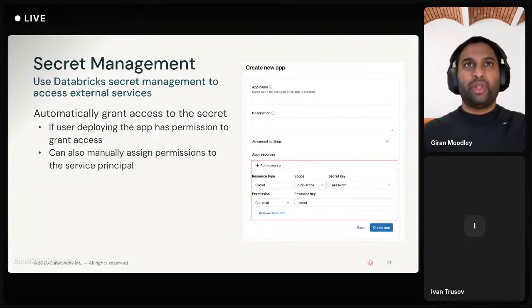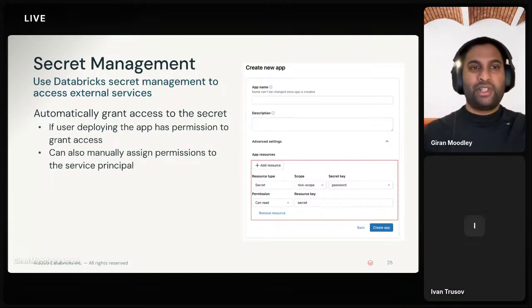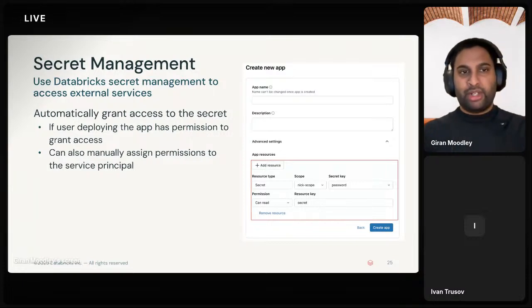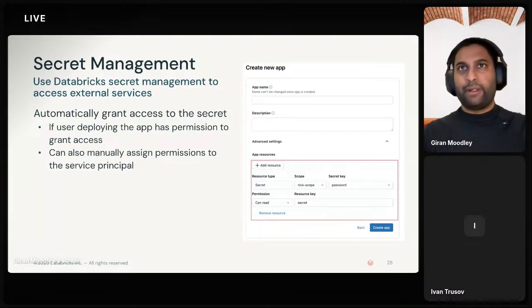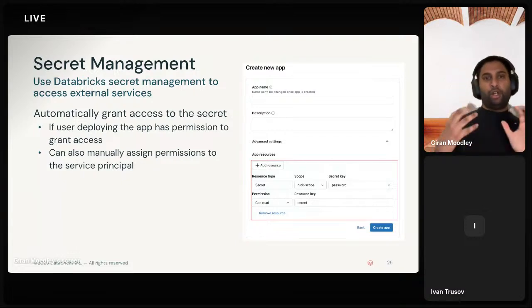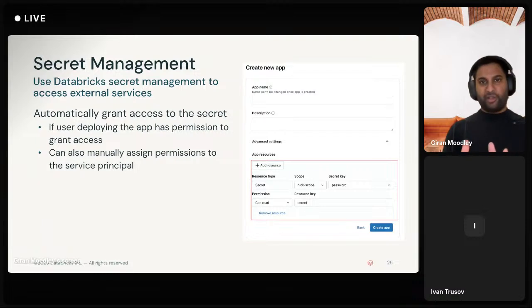So as an example to this, again, in terms of best practices, we don't really want to be storing this information directly in the application code. We can use the Databricks Secret Manager to pull this information and use it in a very secure manner. And what's worth pointing out is a lot of these resources have inheritance built in.